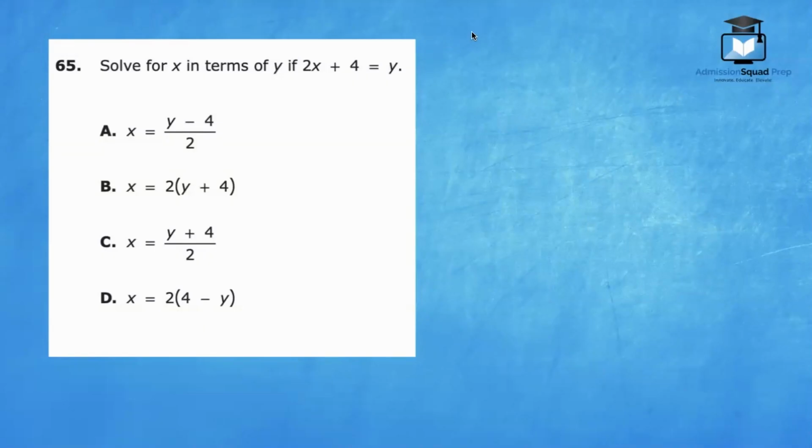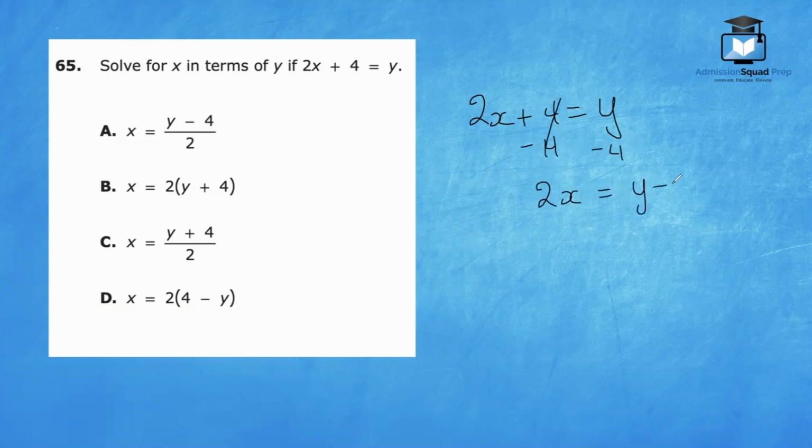Number 65, solve for x in terms of y if 2x plus 4 equals y. We have 2x plus 4 equals y. We want to solve for x. The first step is to subtract 4 on both sides. Since these are not like terms, we're going to have y minus 4 as 2 separate terms. Our next step is to divide both sides by 2. So the answer can be expressed as a singular fraction, y minus 4 over 2, or in some cases, you